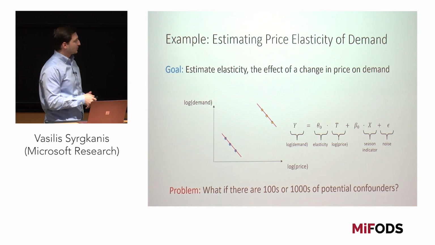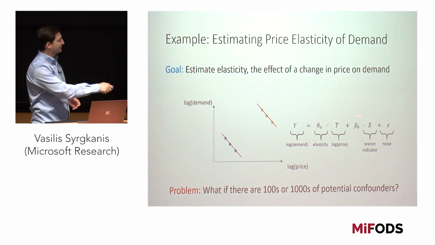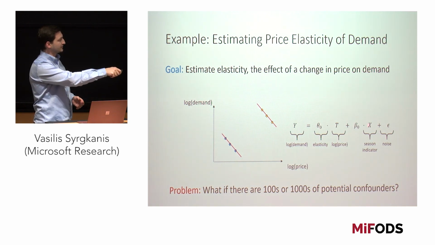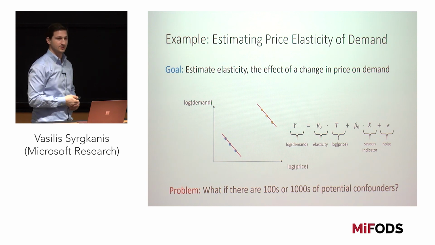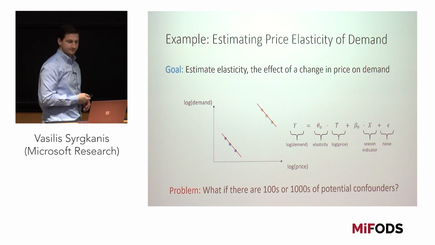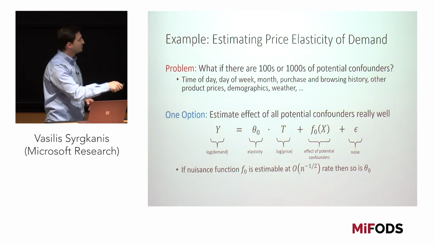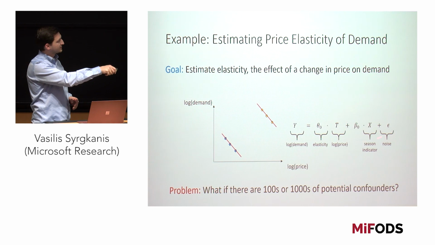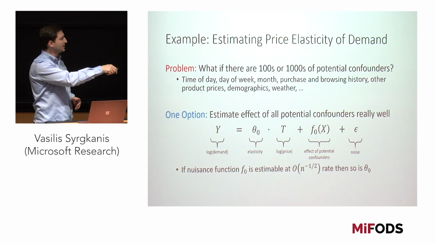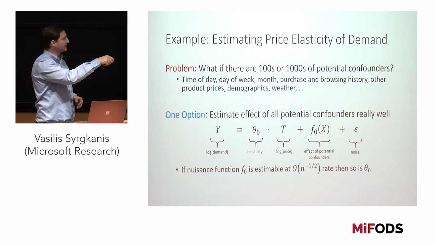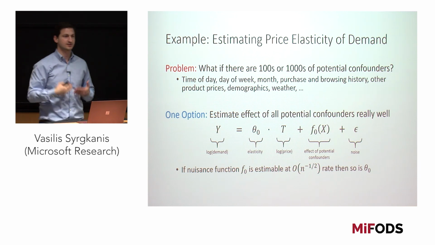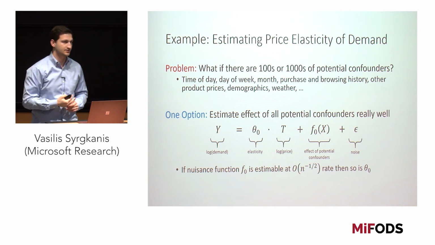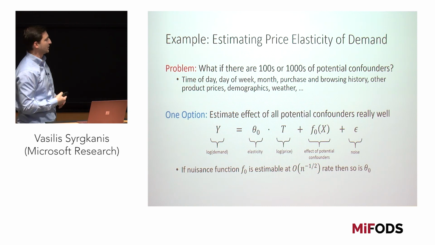So then the question becomes a statistical question. You want to fit this very high dimensional model that controls for a lot of confounders, but all you care about is this coefficient in front of the price. And so typically you won't be able to estimate this quantity over here very well, but the question is, can you still estimate this single parameter that you really care about at a fast parametric rate? So that's one question that you might want to ask.